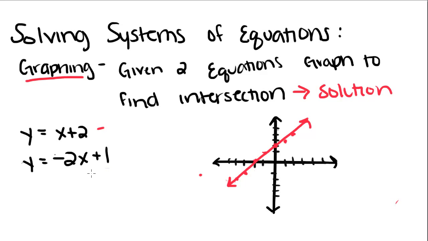So now we have the equation y equals negative 2x plus 1. So we're going to start with our intercept, and I'm going to graph this in a different color so we can see the difference. So we're going to start with our intercept of 1 and go up 2 over 1, up 2 over 1, down 2 over 1, down 2 over 1, and we're gonna